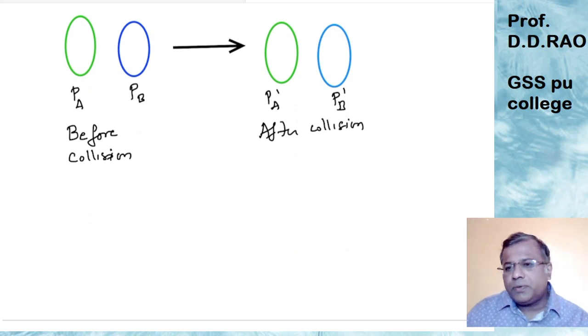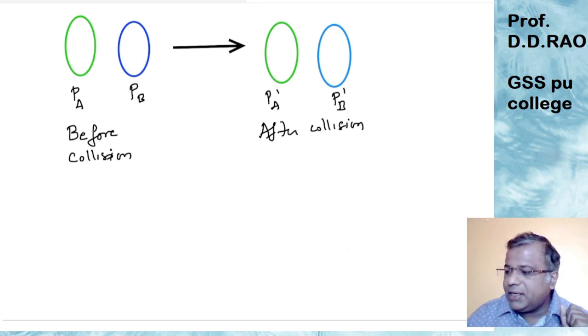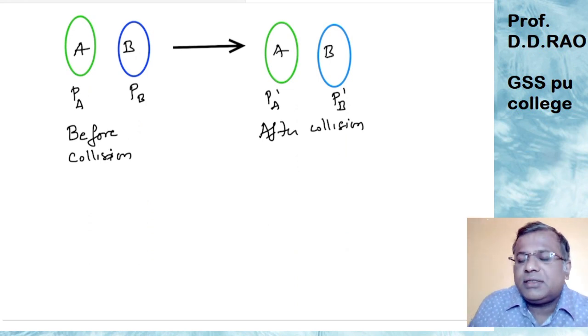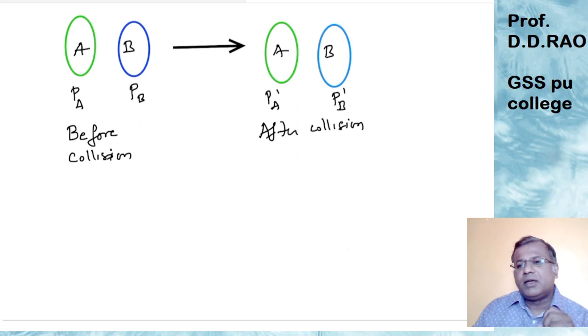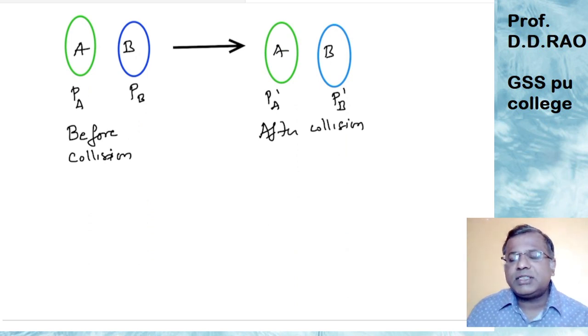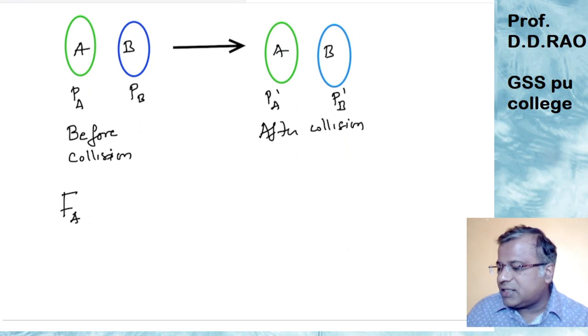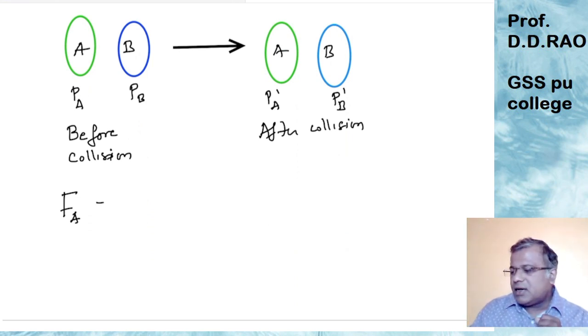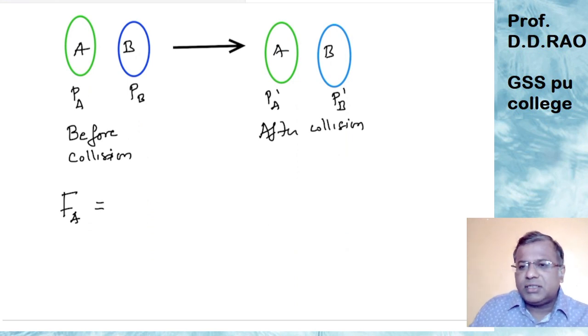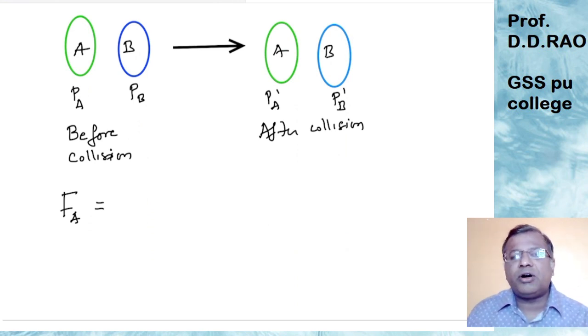Right? So now what happened to A and what happened to B? Why was there a change in their momentum? It was because whenever collision took place, there was a force acting on each other. Now, if I just consider the force on A, I will not see what is the reason for this collision. I will only see what happened to A. So it becomes very simple: let us see what happened to this object, that is A.